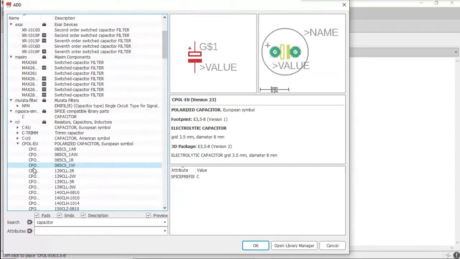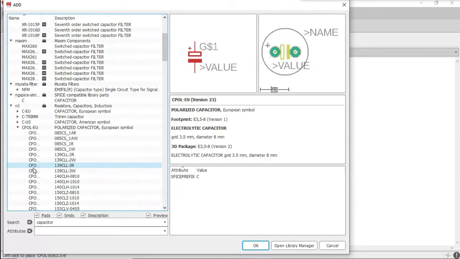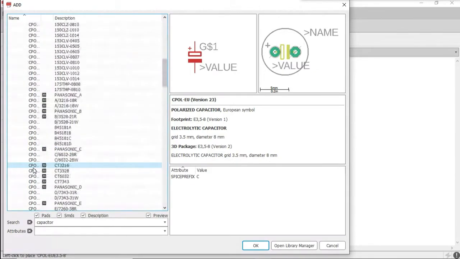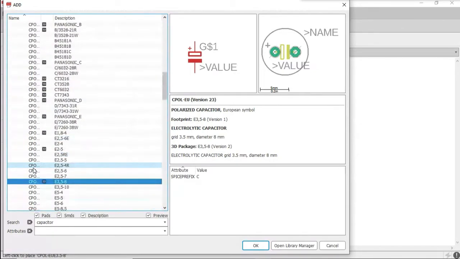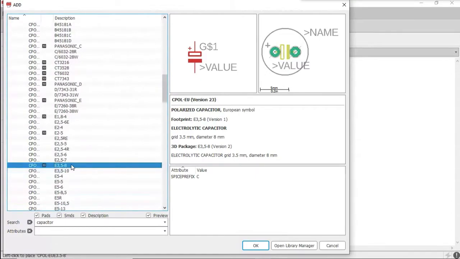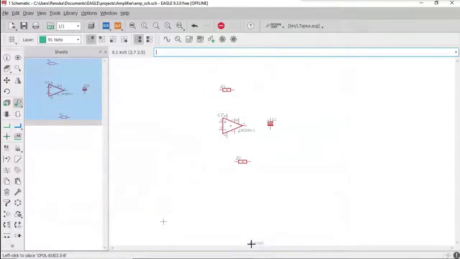Under CPOLEU, scroll down, you can see an option called E3,58. Select that and click OK. And place it on your schematic file. That is, just tap it.